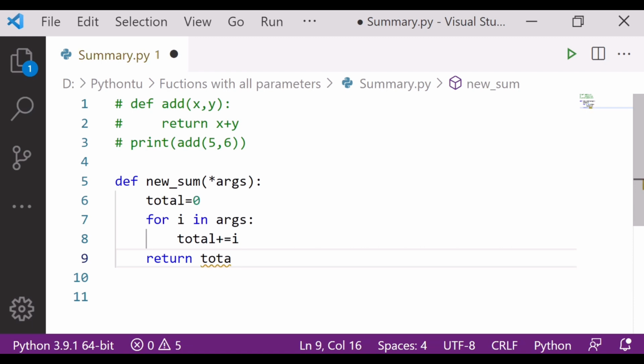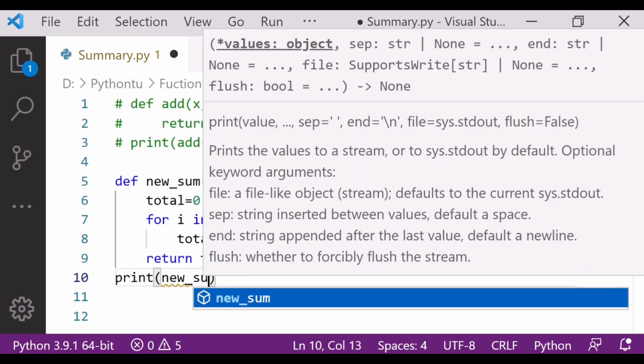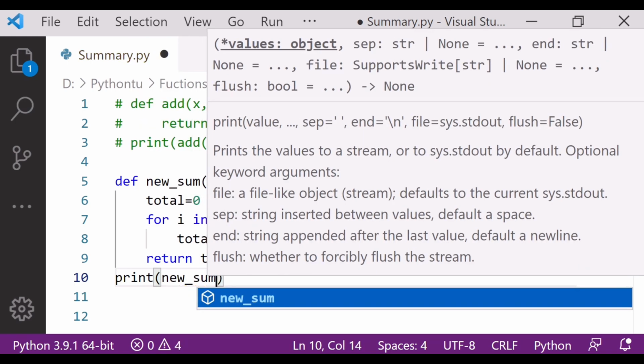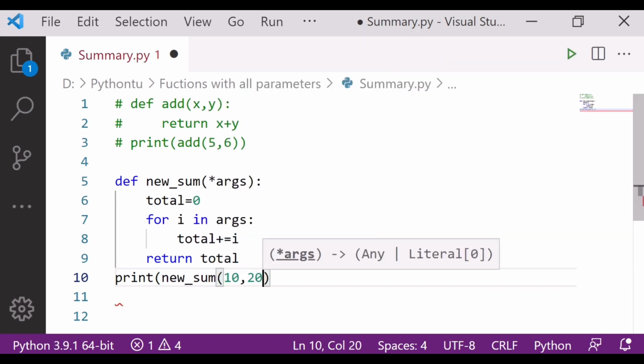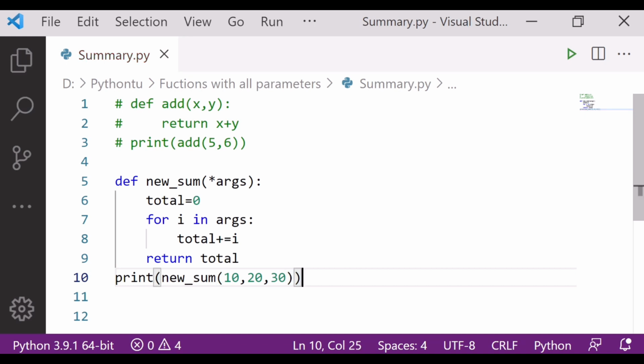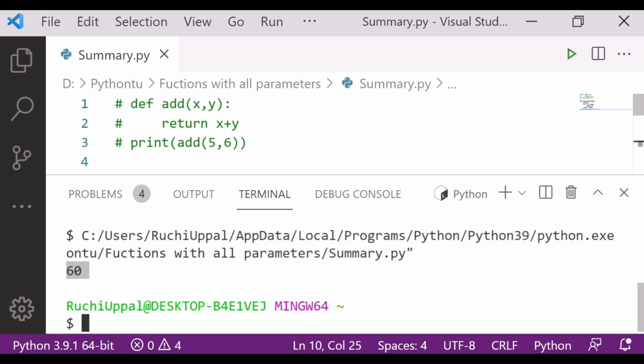After that I have to call my function, so I write print new_sum, and I give the arguments 10, 20, 30. Of course, save it, run this and check it. It is giving me the output 60.